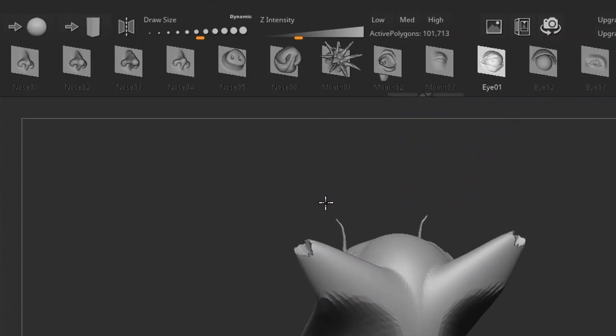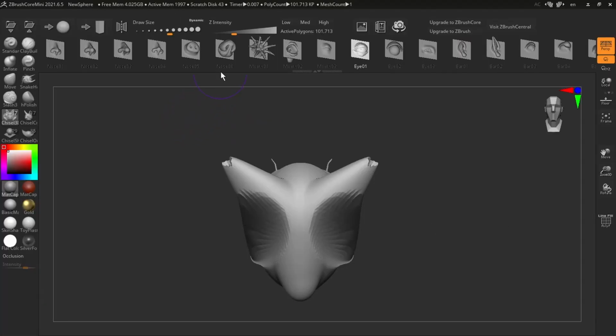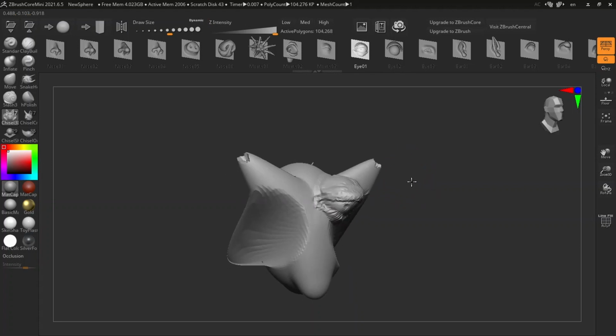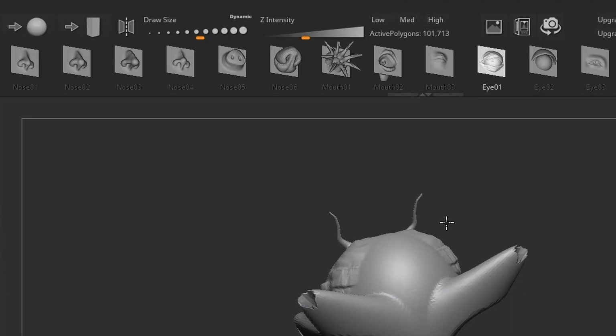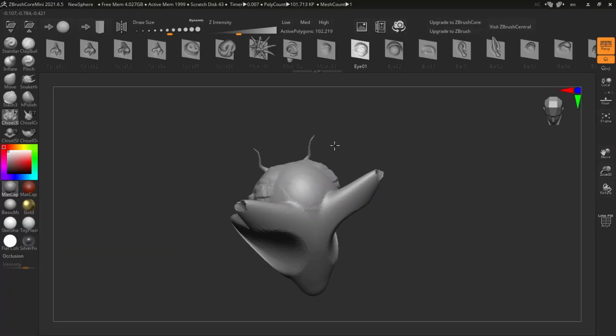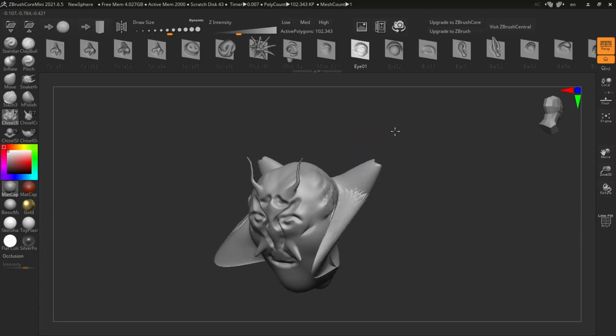Remember, when we are using chisels, intensity is really important. When we are raising the intensity, it could look a bit apart from the model that we are building up. If we are lowering the intensity, it is much more blended with the form. So this could be used to build a texture on the form that we already built.